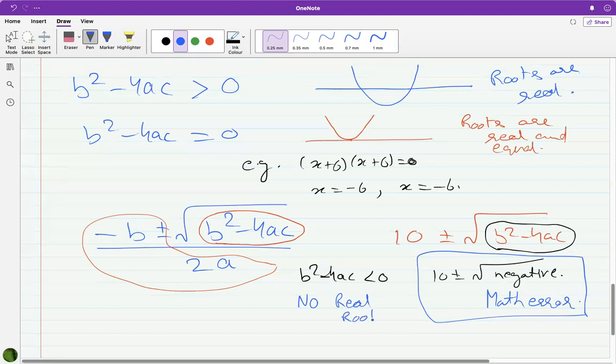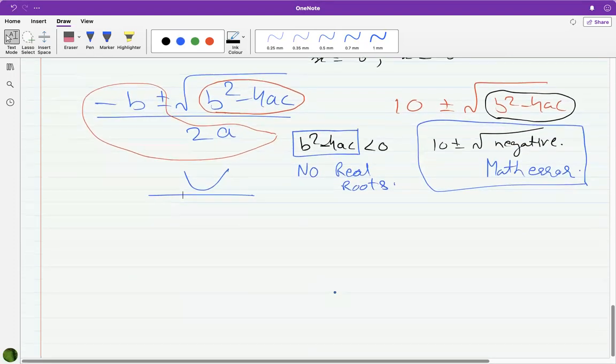So that's how you'll remember it, that having a negative value, that is b square minus 4ac less than 0, will give a math error. So there are no real roots and the graph will not touch the x-axis. Second example,